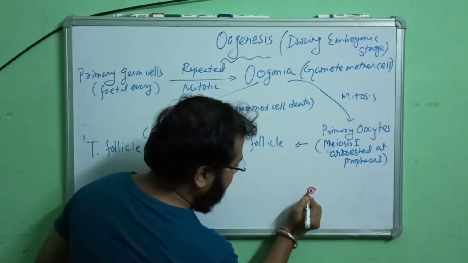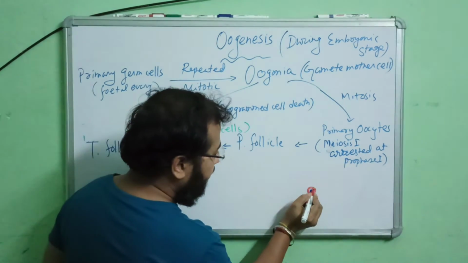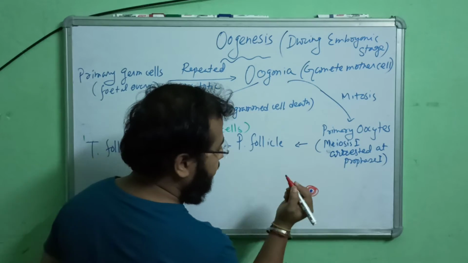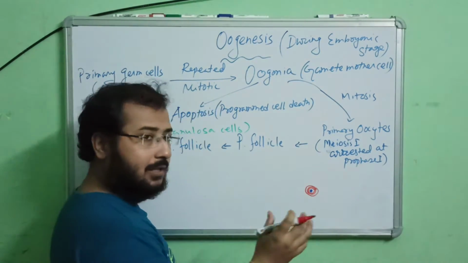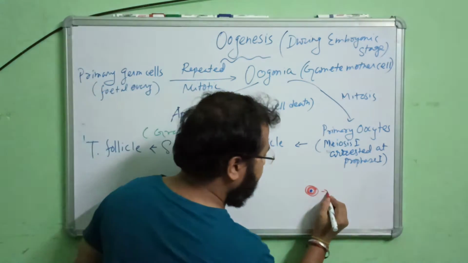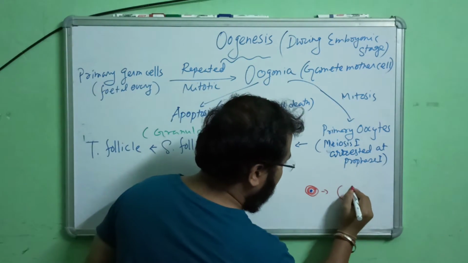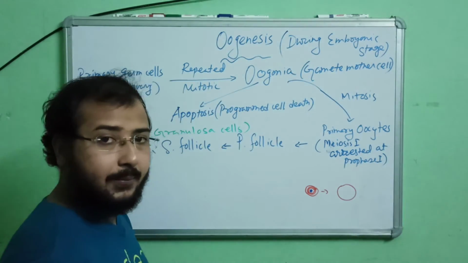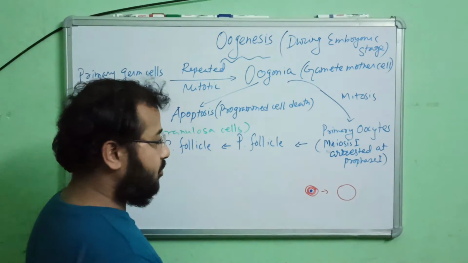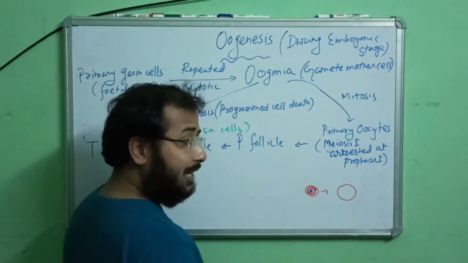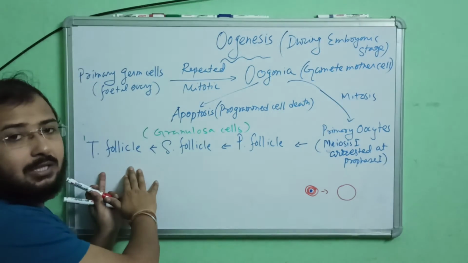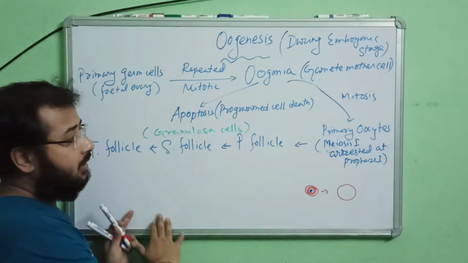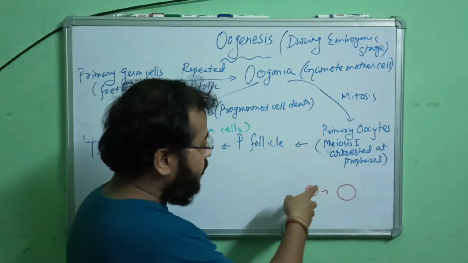The primary follicle is surrounded by the secondary follicle, again surrounded by the tertiary follicle. So once the tertiary follicle is formed, how will it look? A mature tertiary follicle there. By the time the tertiary follicle is developed, the primary oocyte which was inside